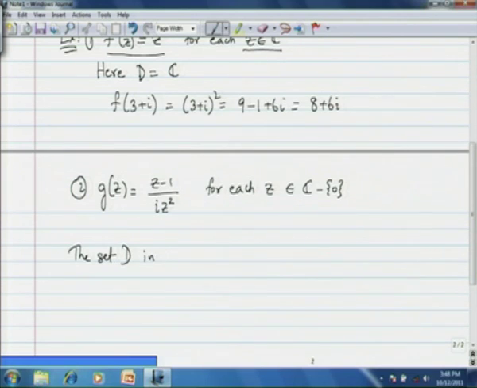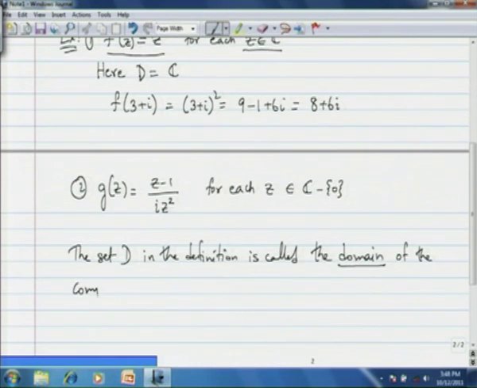Now the set D, which appears in the definition, the set D in the definition, is called the domain of the complex function,